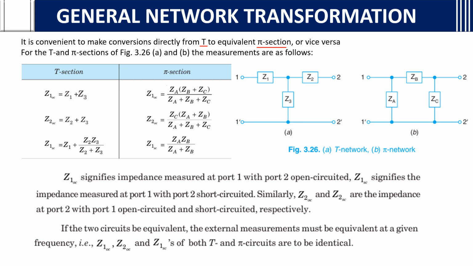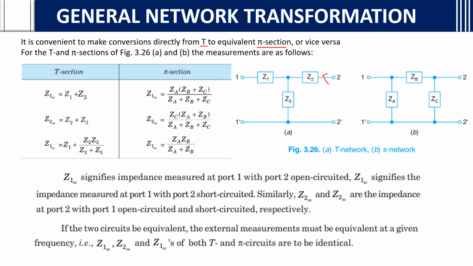For the T section we will take Z1 OC. Z1 OC means keeping Z1, we are open circuiting the second port. So what happens, there will be no current flow here, and it is 0 on this side. So Z1 OC is Z1 plus Z3 only. Why? Because this forms a series resistance. So Z1 plus Z3, as there is no current flowing through this. In the same way,